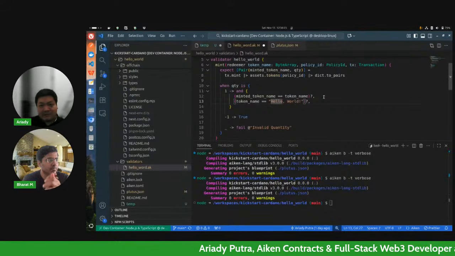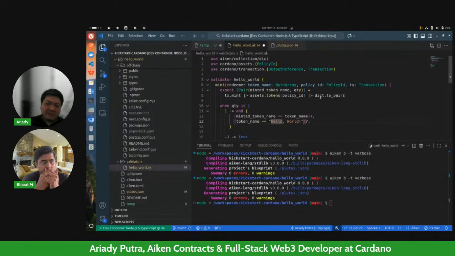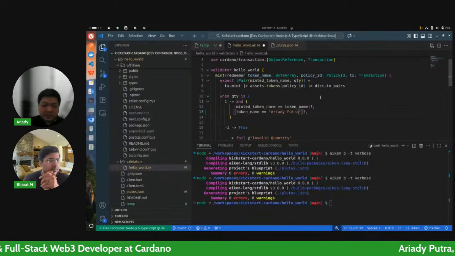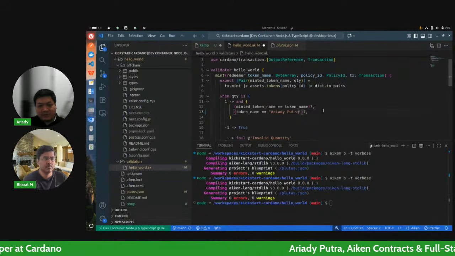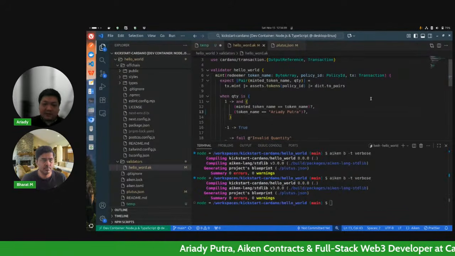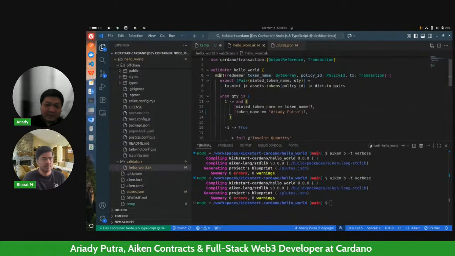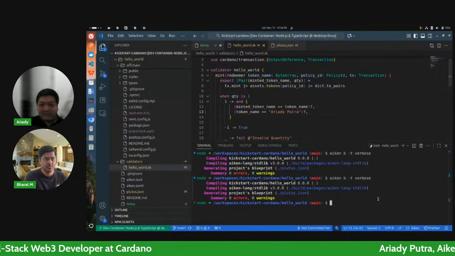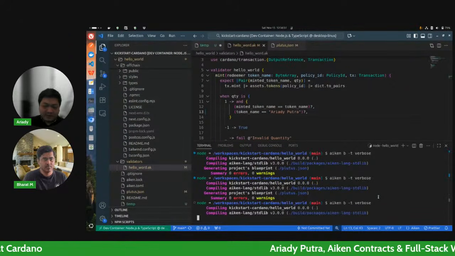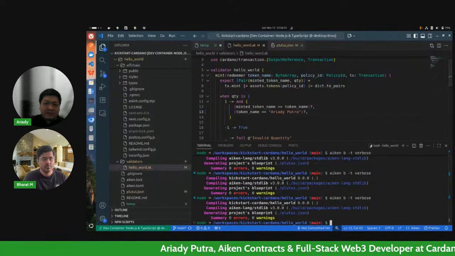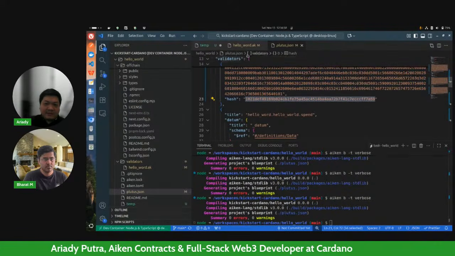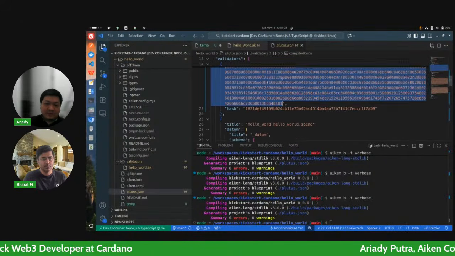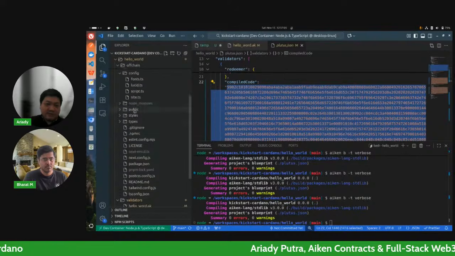So basically, that is why if everyone compiles the same script, everyone will get the same address. So in that case, I recommend if you clone the project, you change something here. Let's say change the string here to your name, so that everyone will generate a different address. So nobody will collide with each other. So what this script will do is we will mint a token and we will validate the token name to be your name later. So we'll rebuild this Aiken script, and we'll copy the compiled code, and you see the hash should be yet another different hash. It's a different one.